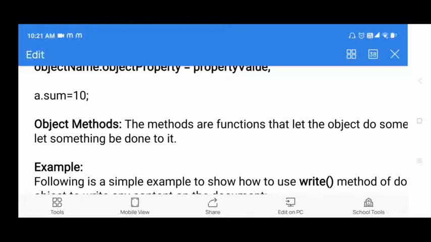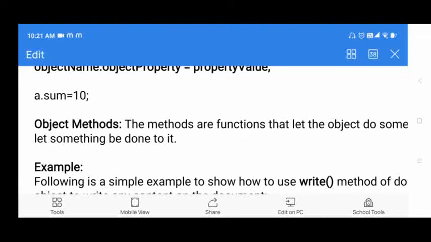I will explain that at the time of user-defined object creation, how to create an object using the var keyword. I explained that in the very first class of JavaScript. So var is a keyword, then the name of the object equals new method. In that way you can create objects in JavaScript.